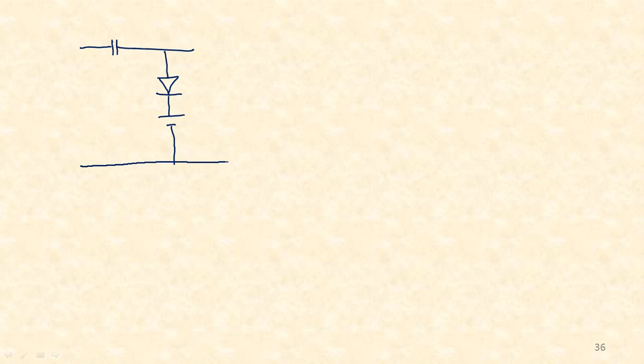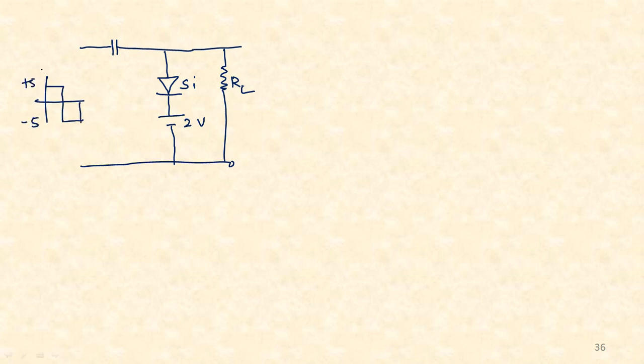We have already solved such a circuit, so that you students can cross verify the output waveform. So that is RL, silicon diode, 2 volts, input plus 5 minus 5. I am not changing the voltage levels, but in your exams it can be done. I may give any of the voltages which are feasible ones. All right, so let us look at the output waveform.